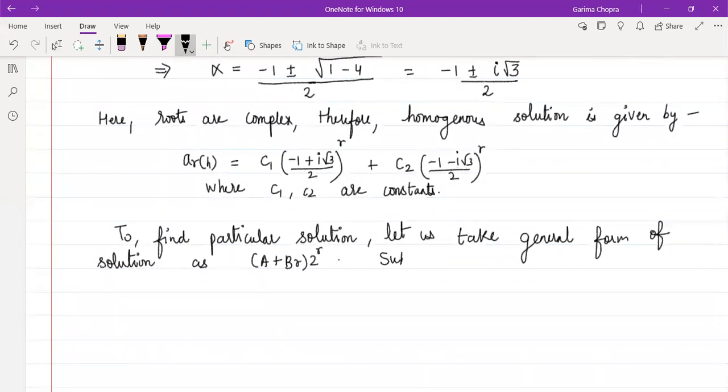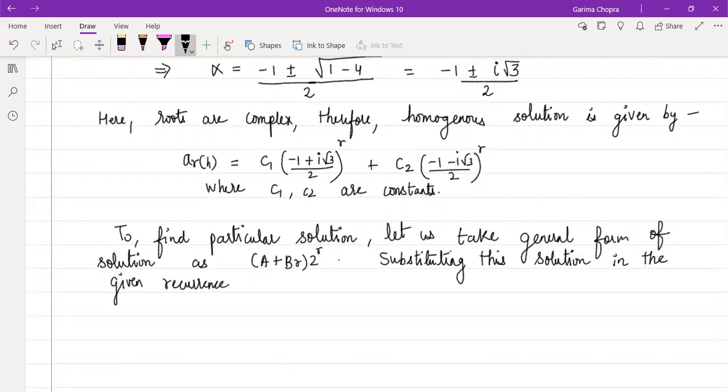Substituting the solution in the given recurrence relation, which is our equation 1, we have